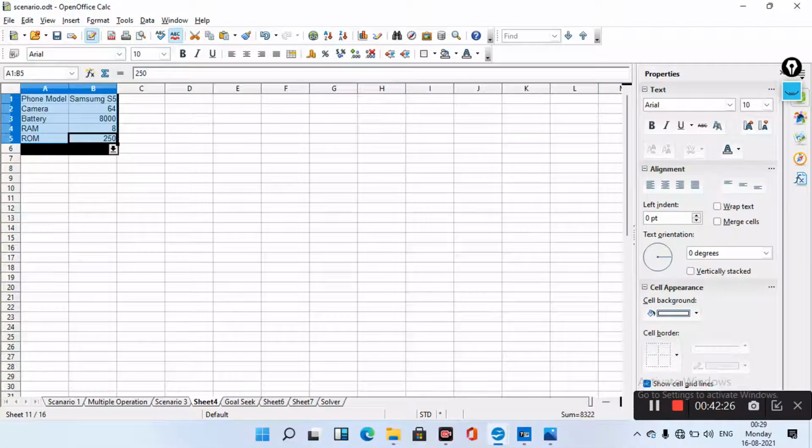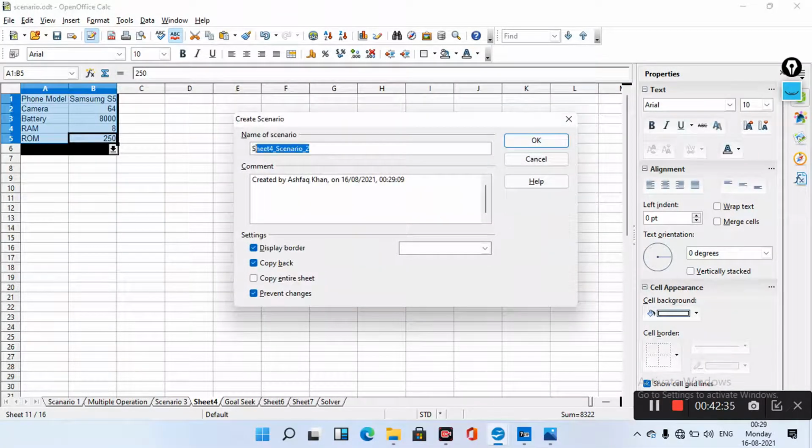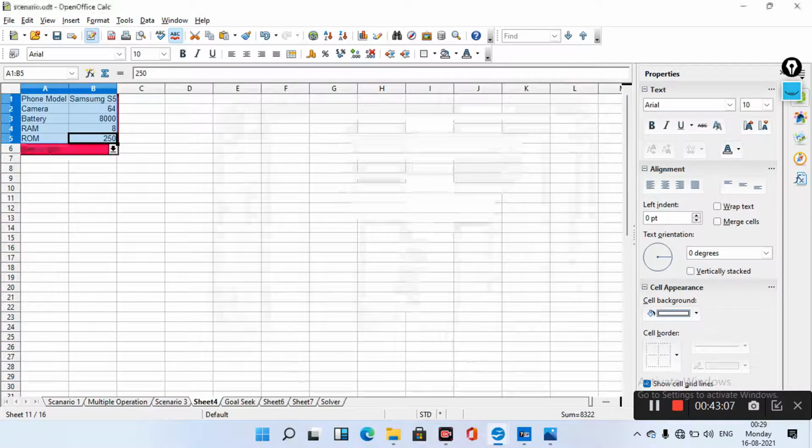And select these columns, go to the tools, select scenarios, give the name of the scenarios. I am giving Samsung S5. Select the border color, click on OK,